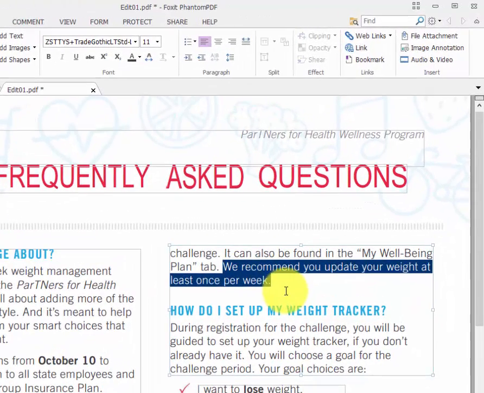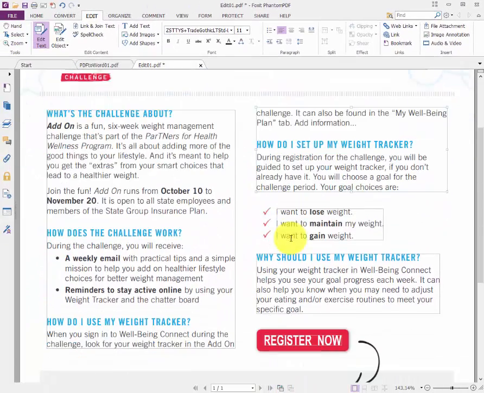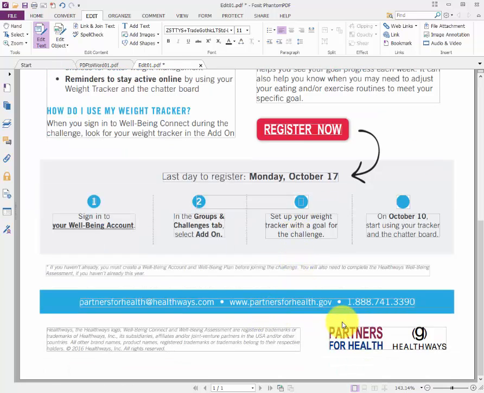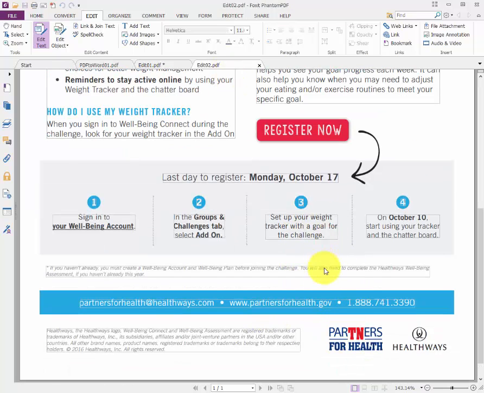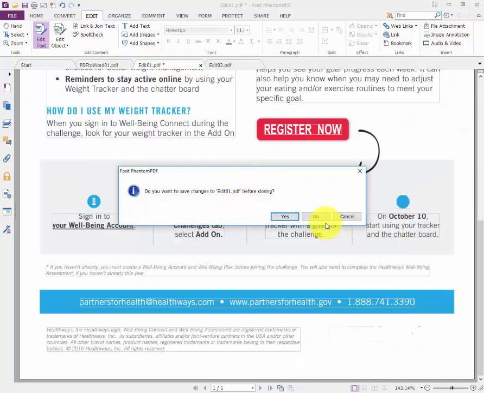Say if we notice a typo after we made one, or if we have the approval to edit this existing one and you want to add your own information, you can certainly do that here and then save it, and basically edit all of the options that are available from within. Okay, so this was the original. Let's go ahead and close this out,